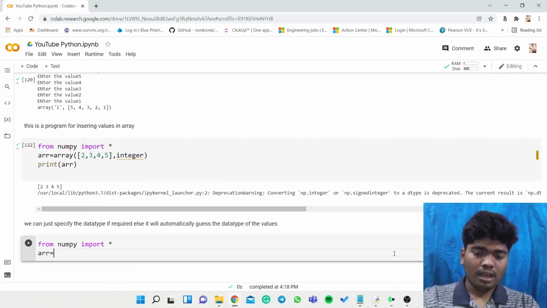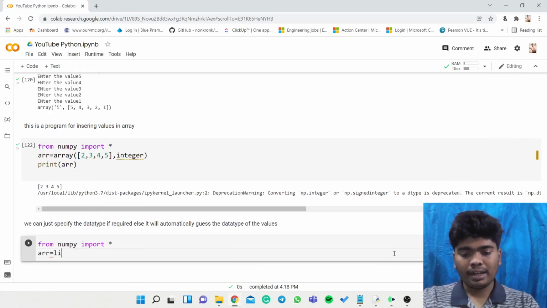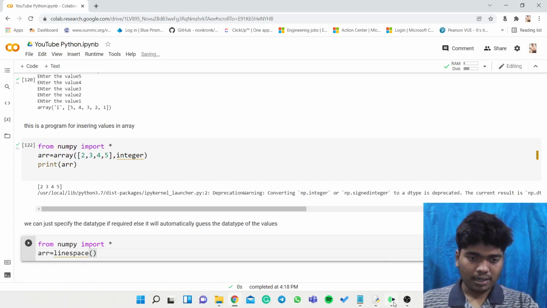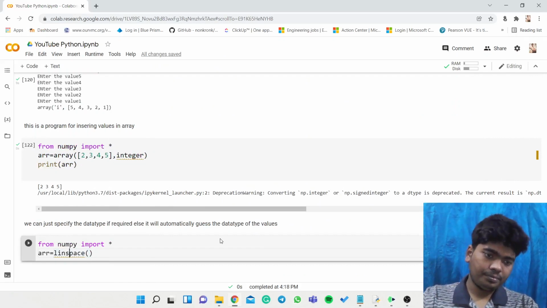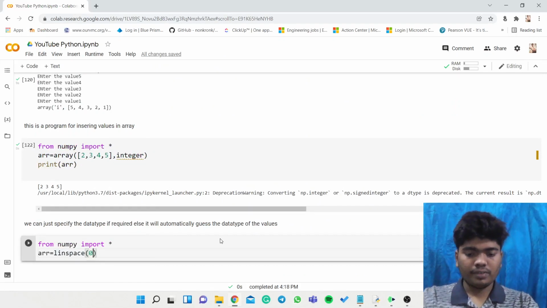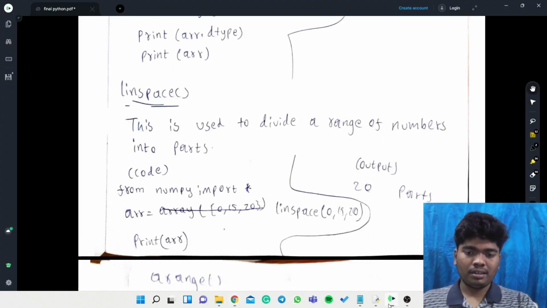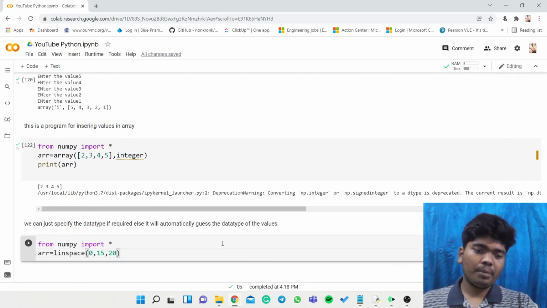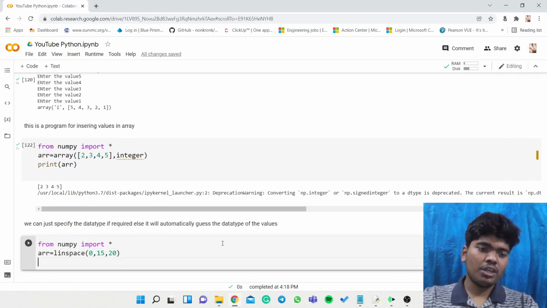Okay, arr, we need to store that in an array. Linspace, spelling is wrong, linspace. Okay. Linspace of 0 comma 15 up to 20 combinations. Actually I require 20 combinations from 0 to 15.